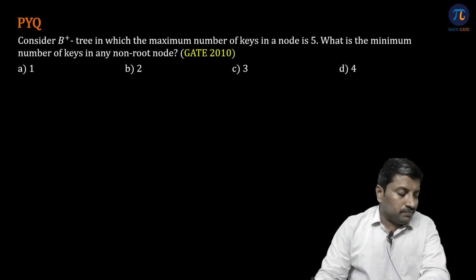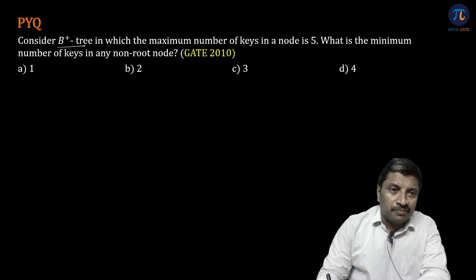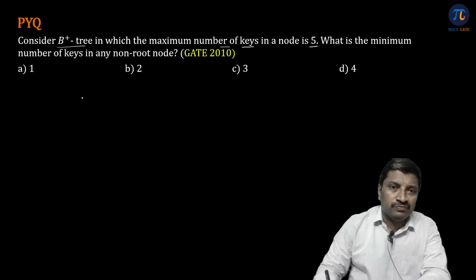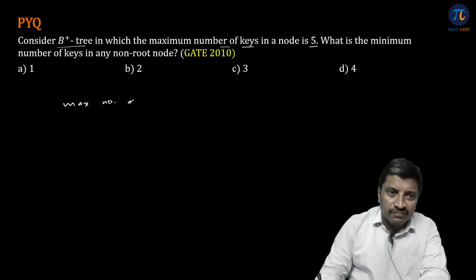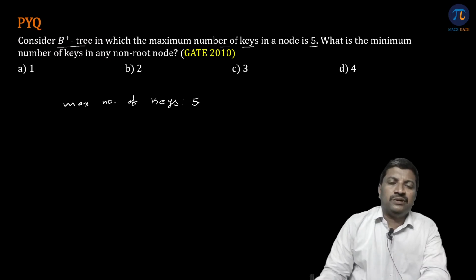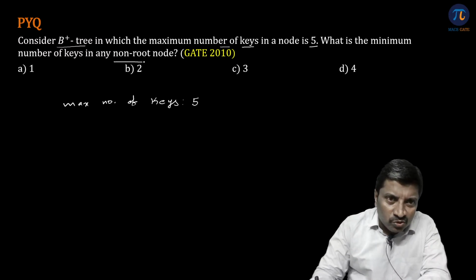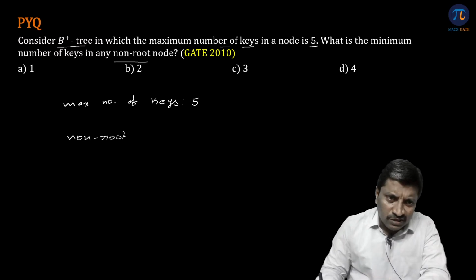Let us go to the next question. Consider B plus tree in which the maximum number of keys is 5. What is the minimum number of keys? Okay, the question they given is maximum number of keys. Of course they given non-root nodes, so it's very clearly non-root node. Otherwise you can solve with leaf node also. Anyway, they given